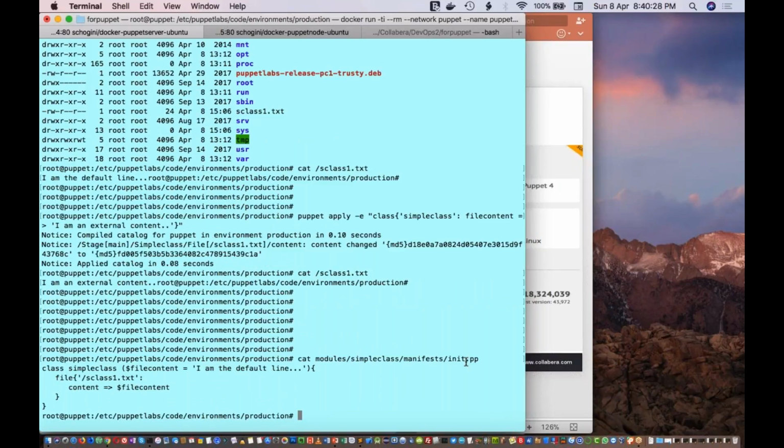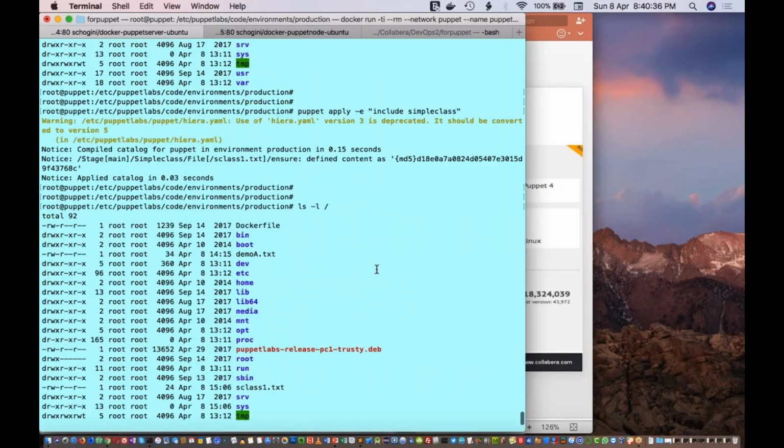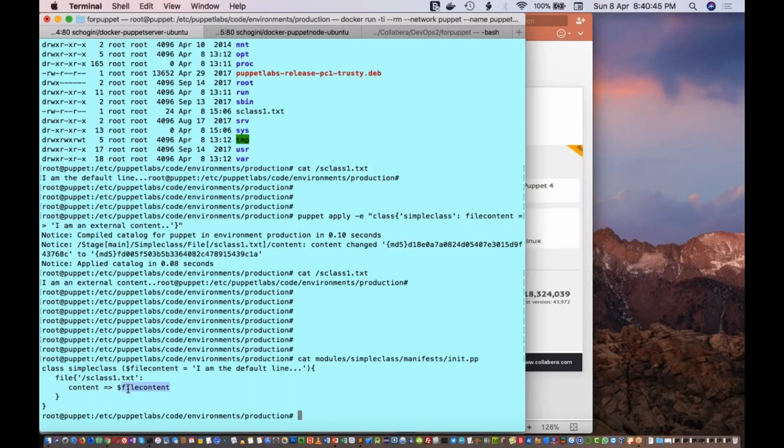This is the content of my init.pp. This is the class that I have created. Here I am using a variable, and this is a default variable. When I use the normal declaration, it will use the default value as the content for this one. And when I use resource style declaration, I'll pass the value for that particular variable, and that value will be used as the content.